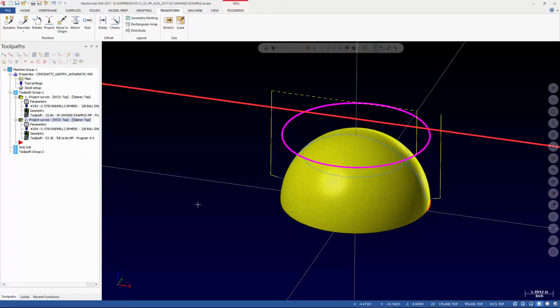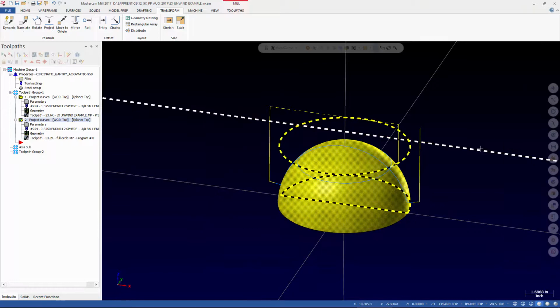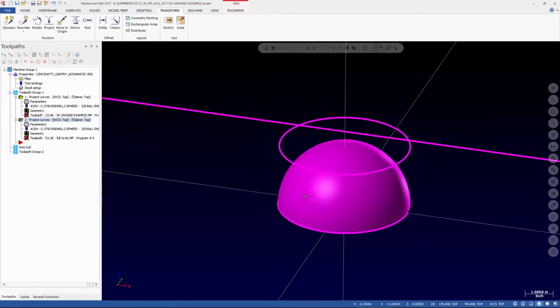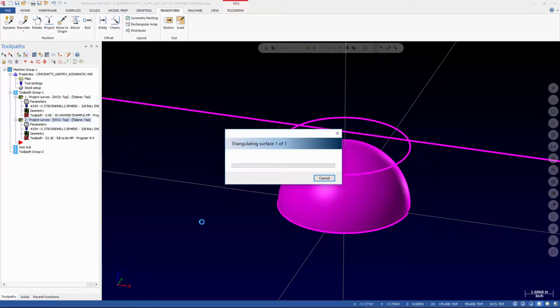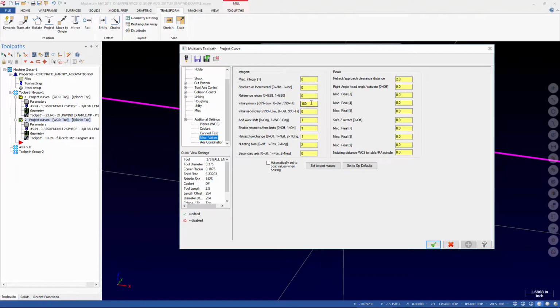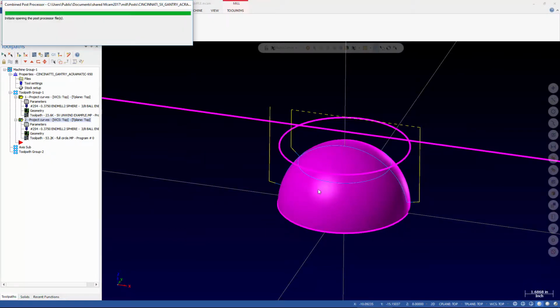Now, there may be a situation where we can take the geometry and reverse it. So if we rotate this, sometimes by flipping over where the start point is, it'll let us go the opposite way. And the other thing that we could do is we could change the direction, the positive direction of rotation for the secondary, and see if that will let us fit it. So now if we post out this toolpath again,